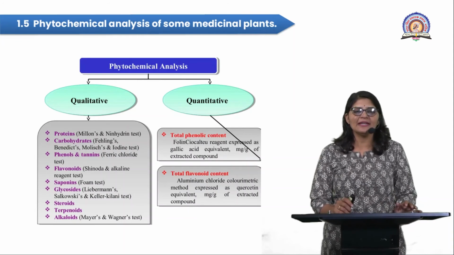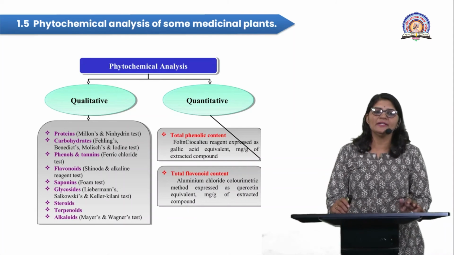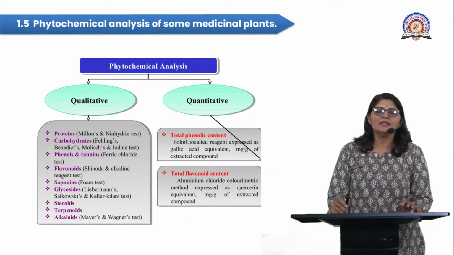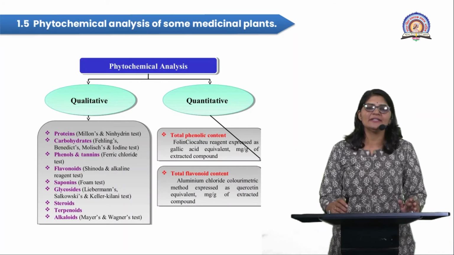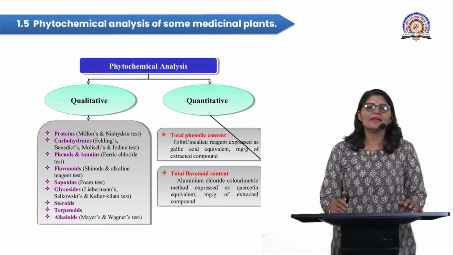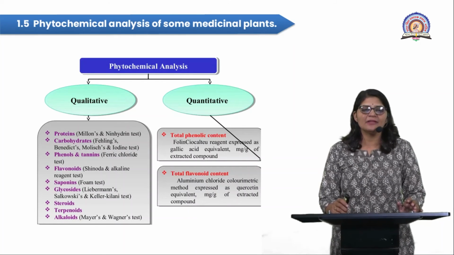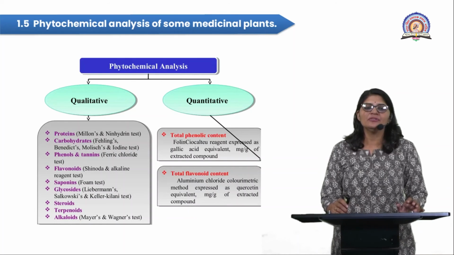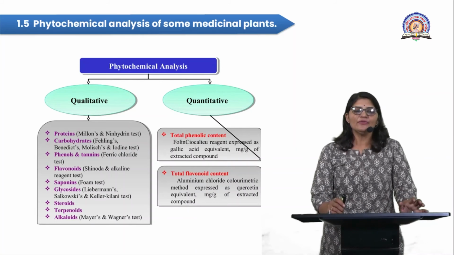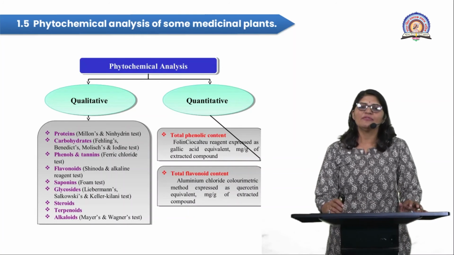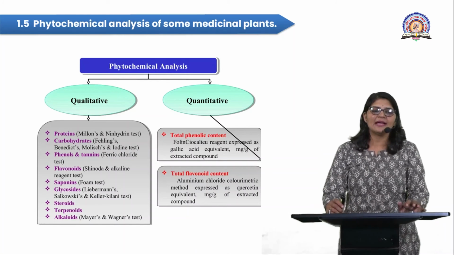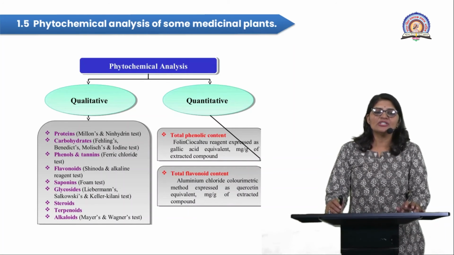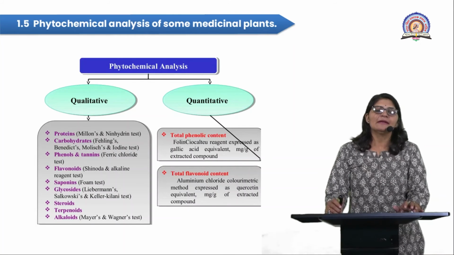Then evaporation of the solvent takes place. Then phytochemical analysis, qualitative and quantitative. The qualitative analysis, I have already focused on in the previous slides. Protein content detection by Millon's and biuret tests were performed. Carbohydrate detection: Fehling's, Benedict's reagent, Molisch reagent, iodine test. Then phenols and tannin detection by the ferric chloride test, then flavonoid detection,